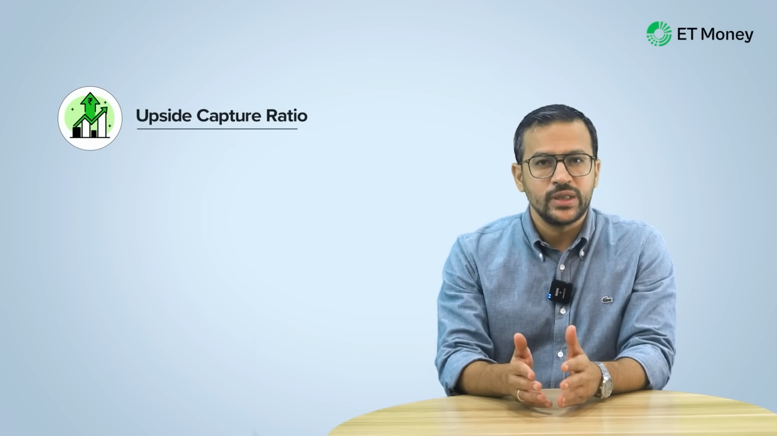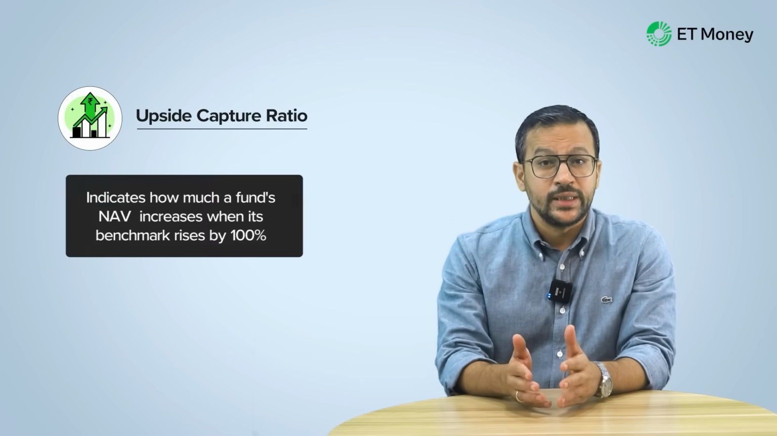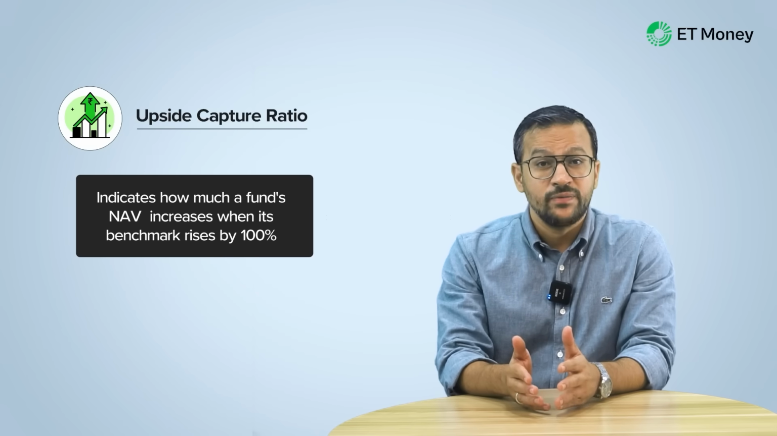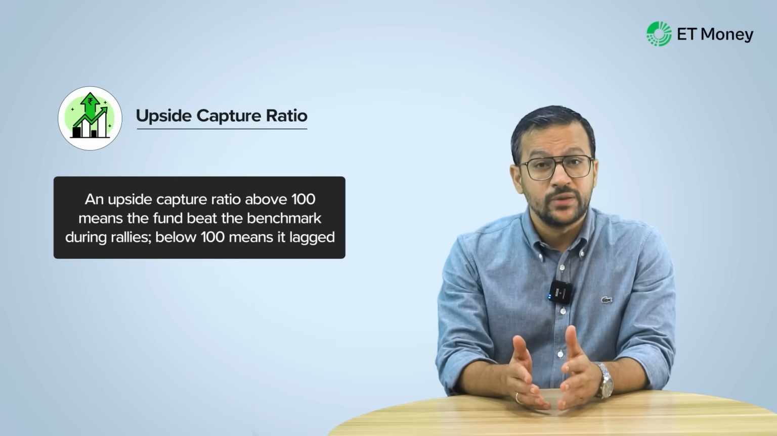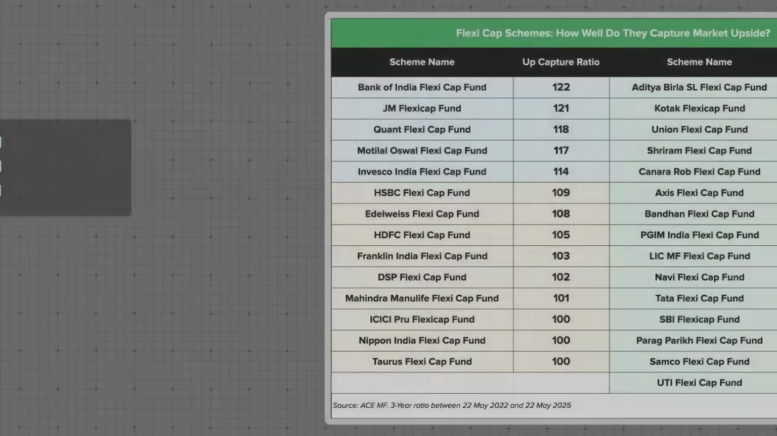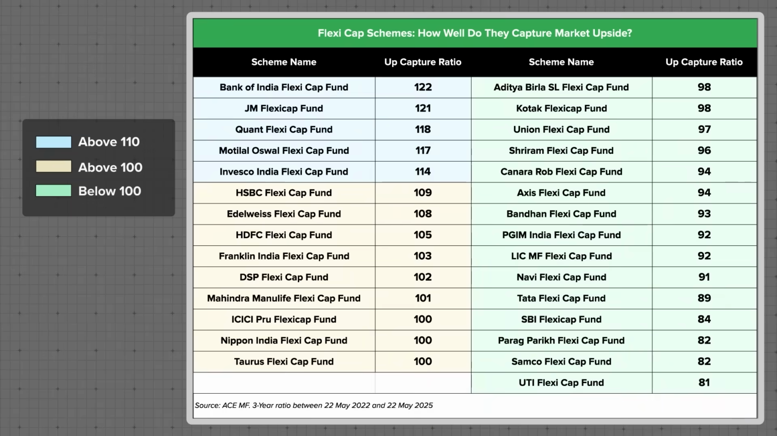Now, the metric used for this is the upside capture ratio. It tells us how much a fund's NAV rises when its benchmark goes up by 100%. A ratio above 100 means that the fund has outperformed its benchmark during upswings, and a ratio below 100 means it has underperformed. On your screen is how FlexiCap funds stack up based on 3-year data between 22nd May 2022